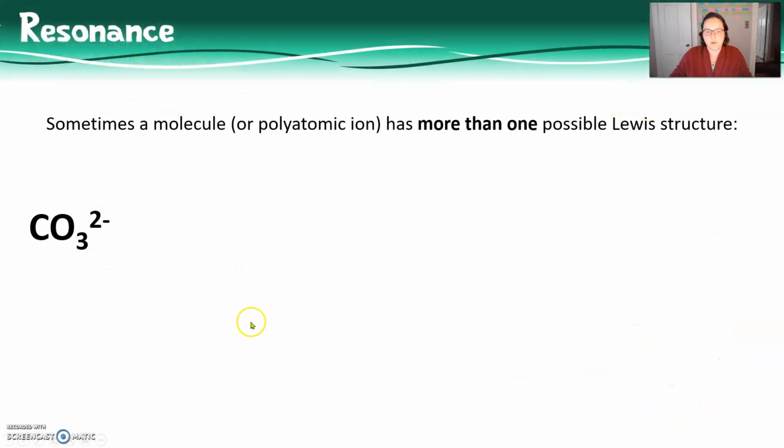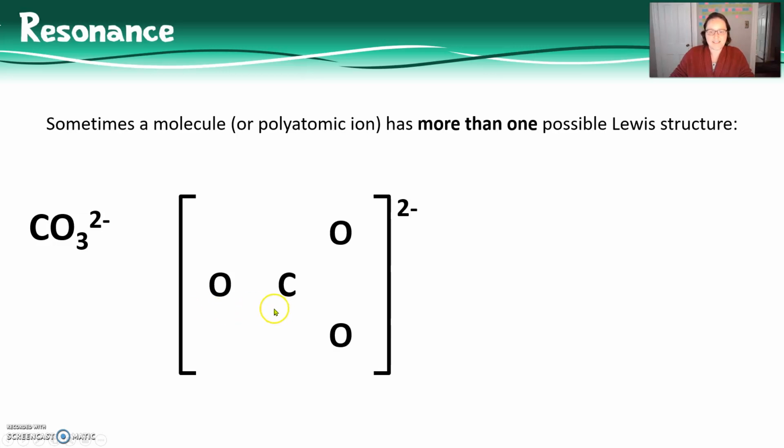Sometimes a molecule or polyatomic ion has more than one possible Lewis structure, such as the carbonate ion, CO3 2-. Since carbon needs to share more electrons than oxygen to achieve a full octet, it will act as the central atom, and since carbonate is an ion, the entire structure is enclosed by square brackets with the overall charge indicated